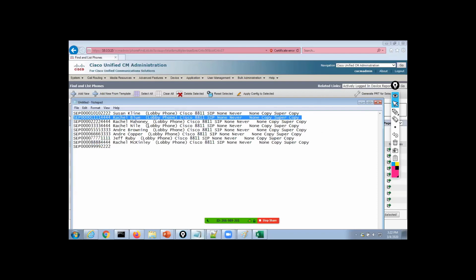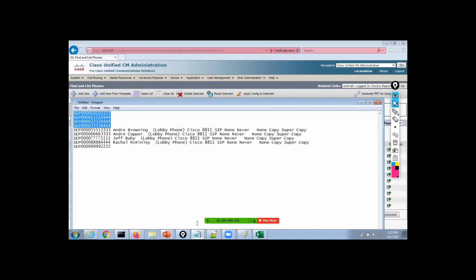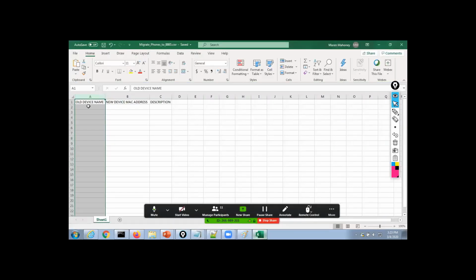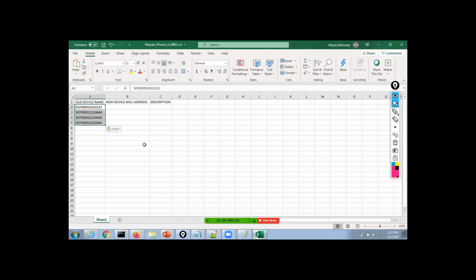Now, the other pieces of information I'm going to need, of course, are new device names, new MAC addresses, and new descriptions. Yeah, that's good enough. Let's just go get those 4. Whether I do 4 or 15, it really is the same. So there's my old device names. New MAC addresses. Let's call it